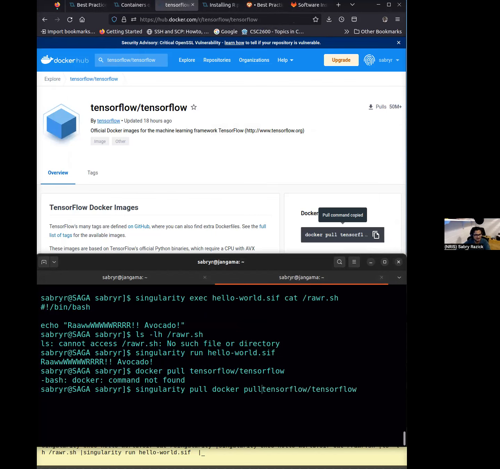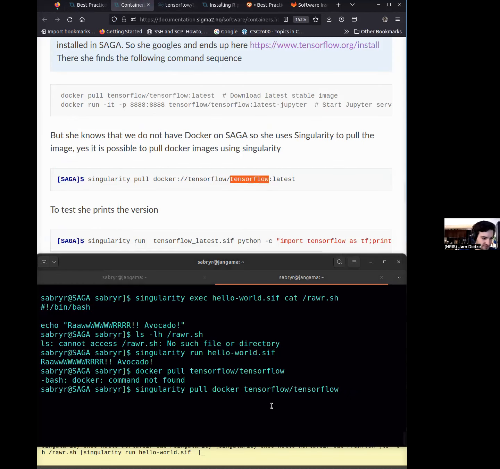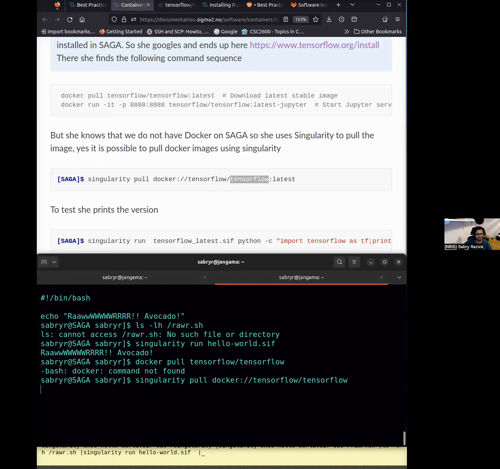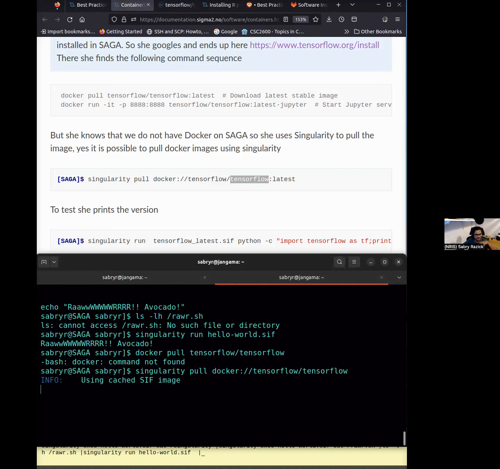And what do you say, Jørn? Colon? No. Docker colon, so one backspace. Colon and two slashes, yeah, like this? Twice. Yeah. Twice. Okay. And maybe I can give a name to this as well. Oh, let's see what happens if I don't give a name. It will figure out a name for itself.